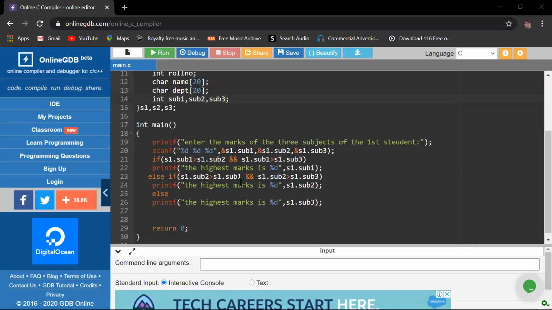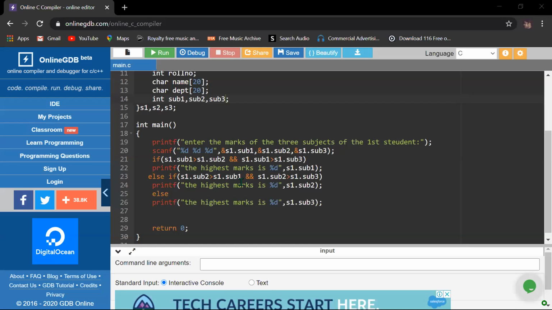Suppose I am taking S3 here. After the second bracket closing of the structure, S1, S2, S3, in that particular line I am declaring S3, suppose, for declaring an array. Now we execute a for loop and we read all those information for the name, department and roll number and subject 1, subject 2, subject 3 for 3 different students.